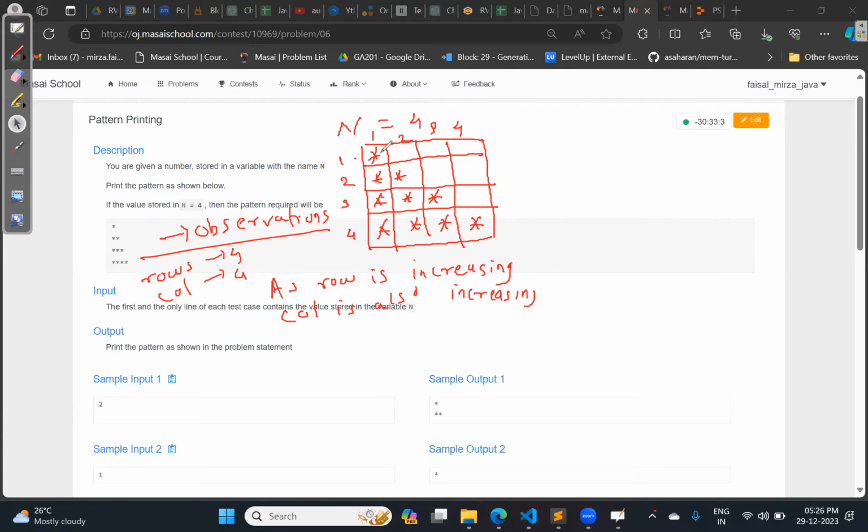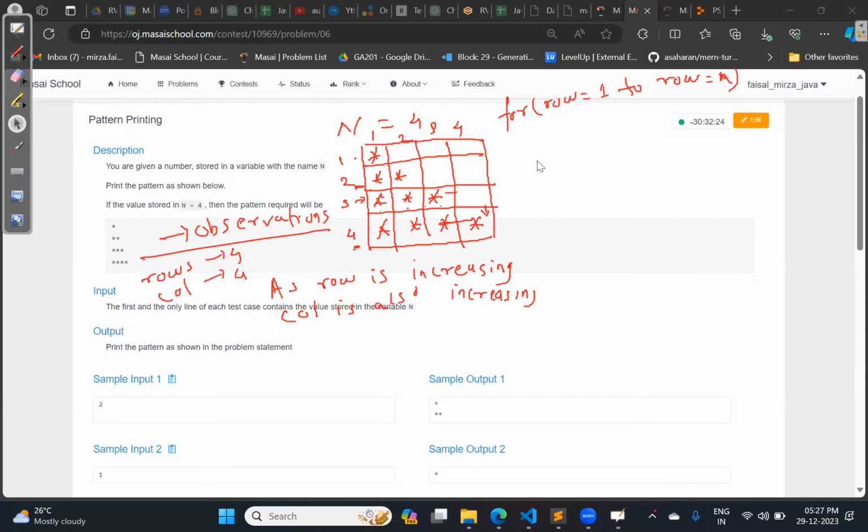If row is 1, column is 1, you are printing only to that cell. But if you see that when row is 2, your pattern is getting printed till column number 2. When row is 3, your pattern is getting printed till column number 3. If row is 4, your pattern is again getting printed till column number 4. So can I say that outer for loop will work from row equals to 1 to